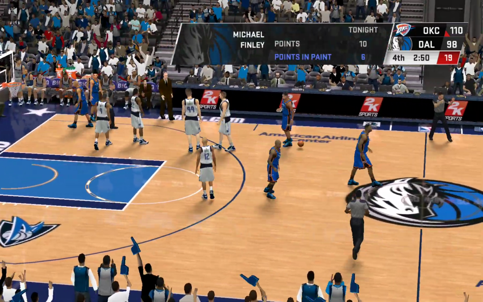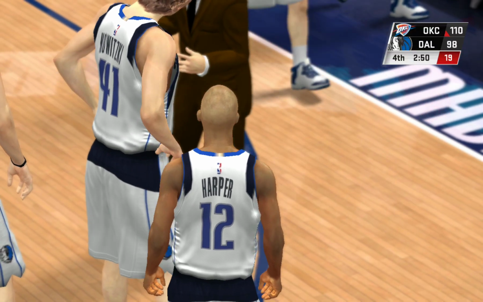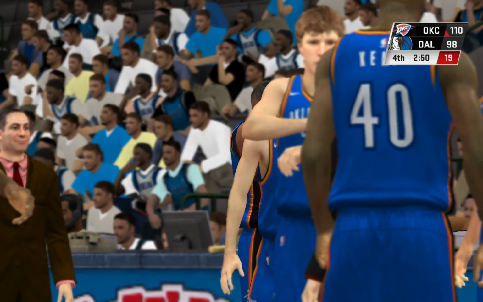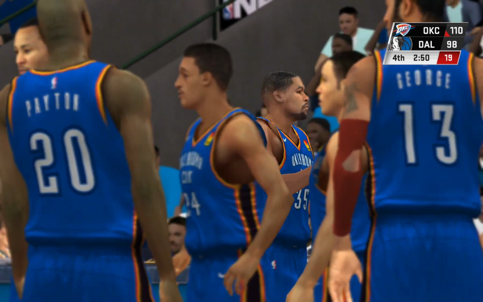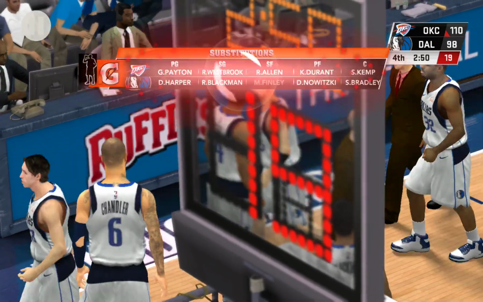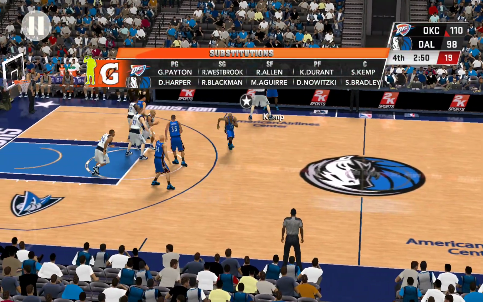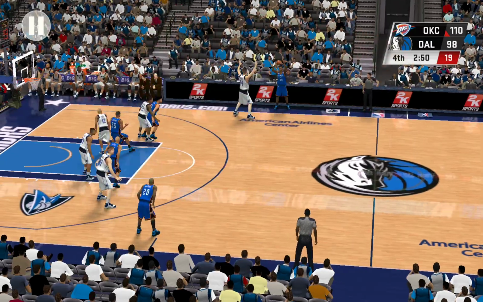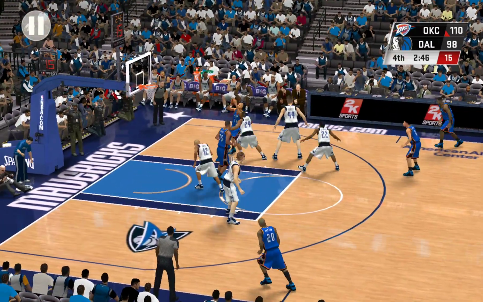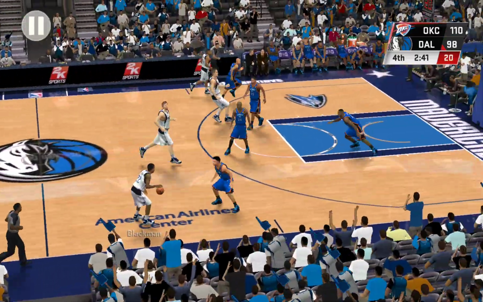The Thunder decide to talk it over. And the Mavericks making a change here. And it's the Thunder with the ball. Leading by 12. Allen. And again, Oklahoma City, no good.